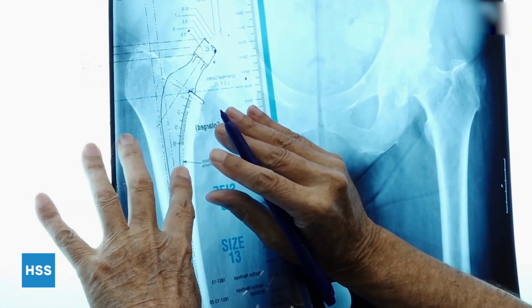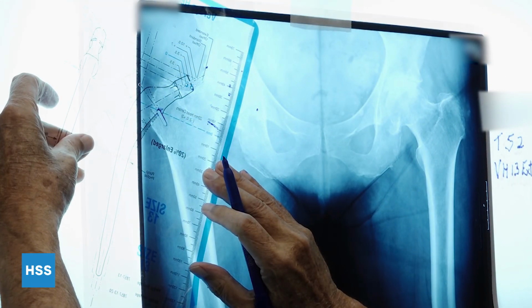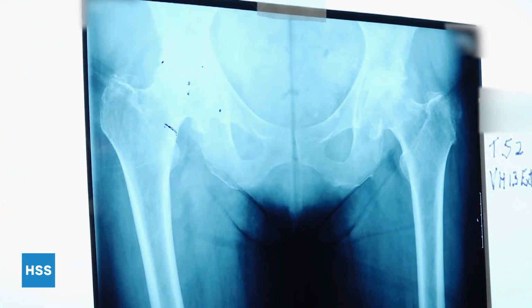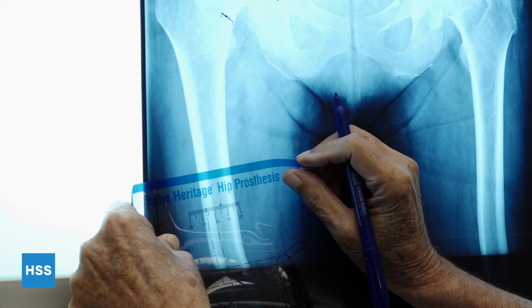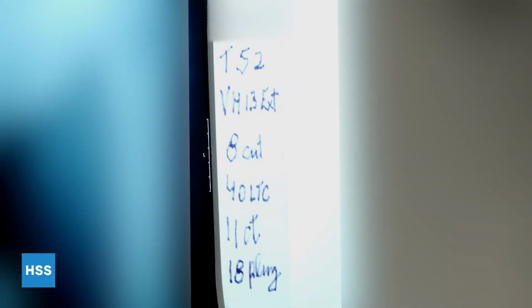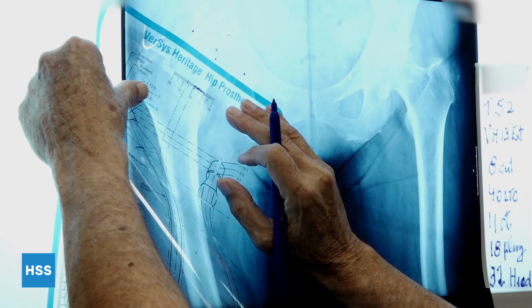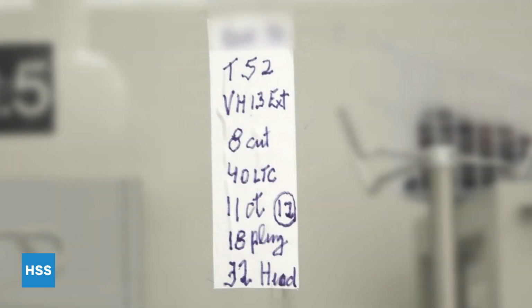The distance from the superior corner of the lesser trochanter to the neck cut is measured, as well as the distance to the new center of the prosthetic head, LTC, and included on the adhesive tape. The diameter of the intramedullary canal is measured to select the size of the distal centralizer and cement restrictor. We also measure the valgus varus position of the stem at the level of the femoral cut and record that